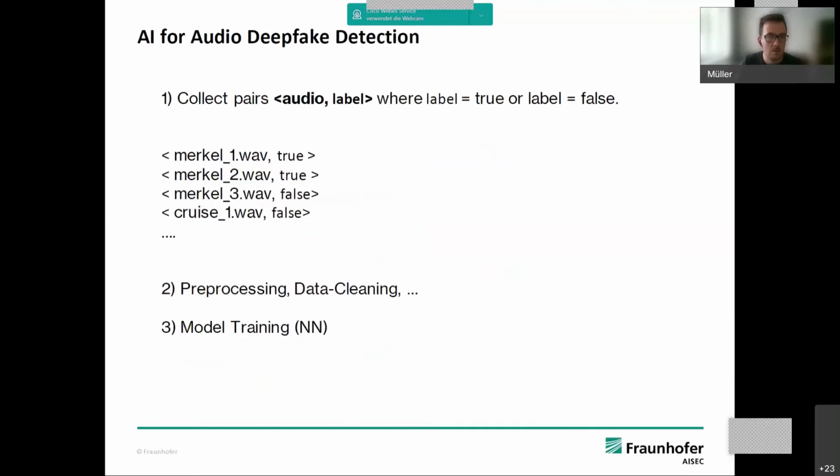All right, so what can we do to detect audio deepfakes? Well, we can also use the feature-driven approach. We collect a data set which consists of audio files and a label, where the label is true or false, corresponding to the audio being fake or authentic. Then you have a huge list of audios which are either true or fake. Then you apply a whole bunch of pre-processing steps, like I showed you earlier,